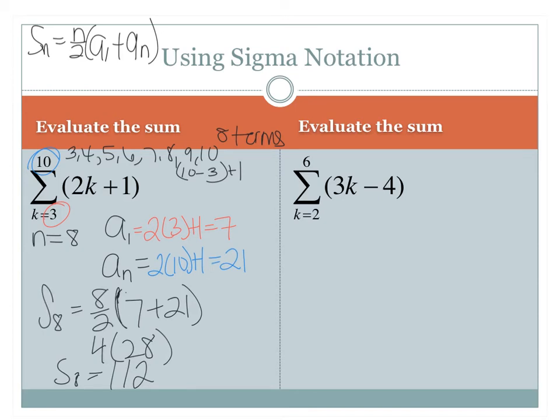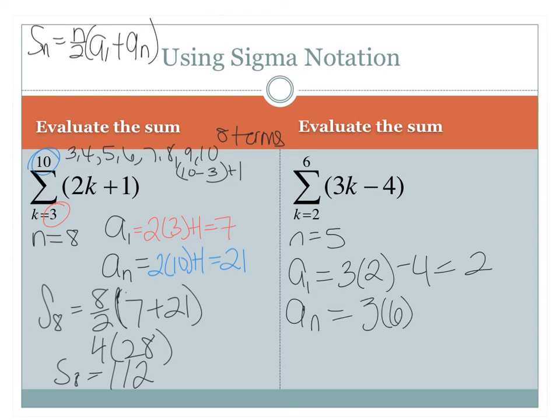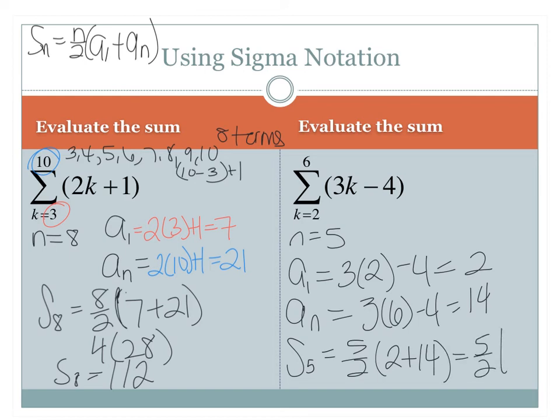Okay, so how many numbers are there? There are 5, right? If I count from 2 to 6, I get 5 numbers, so n is 5. How do I find my A1? Plug in 2 to the formula, so 3 times 2 minus 4 is 2. How do I find an? Plug in the top number 6. 3 times 6 minus 4 is 14. And the sum of 5 terms is 5 over 2 times 2 plus 14, which is 5 over 2 times 16,